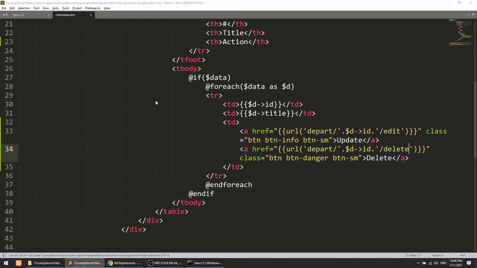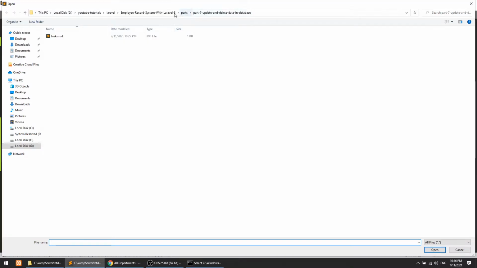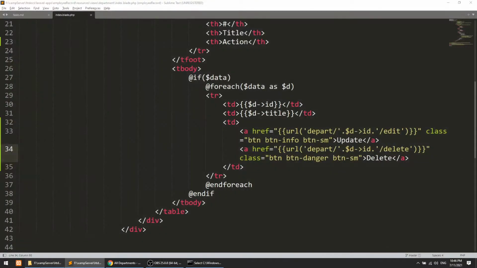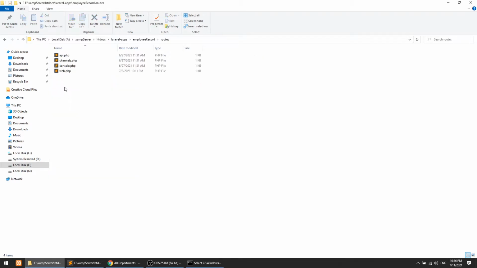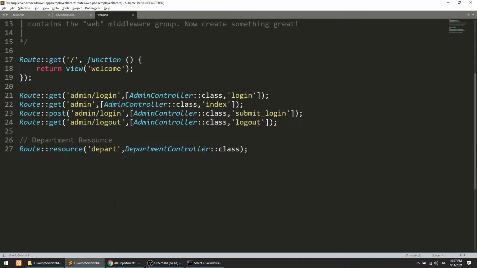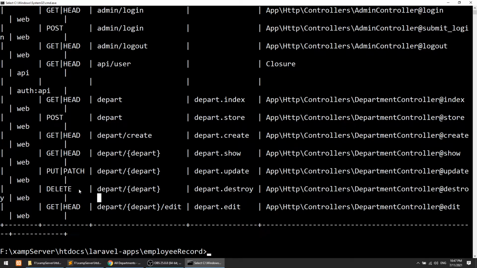I need to do one extra thing. Just a minute. In routes web, I'll open the web file, and before this depart I will add the get method, because if we want to delete according to this route list, then we need to create a form and submit it.